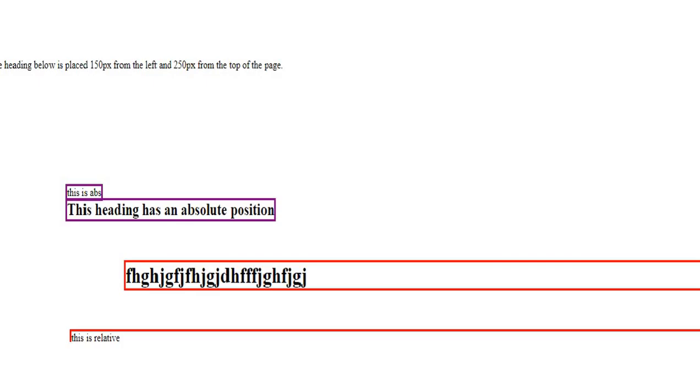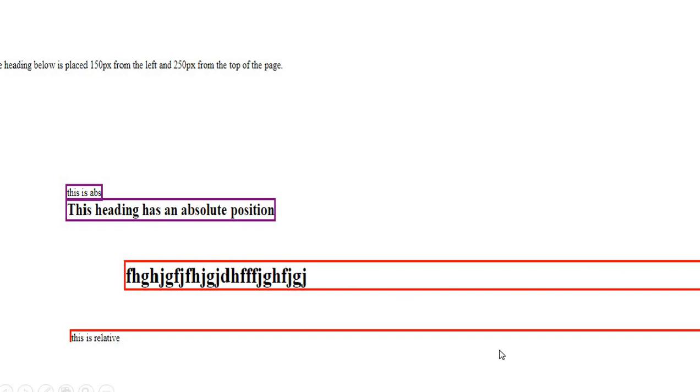Then this is one sample example. We may observe that in absolute we get this type of output: whatever text we have, only that gets the border. This is a text paragraph, and this is a heading. We are using the absolute property, so the border is made only up to the text, but with the relative property, we have the border up to the last area.